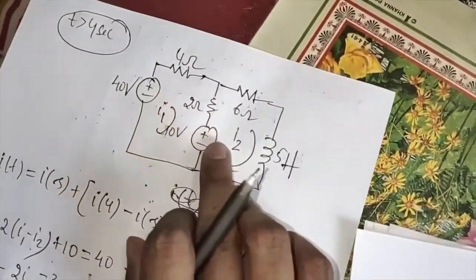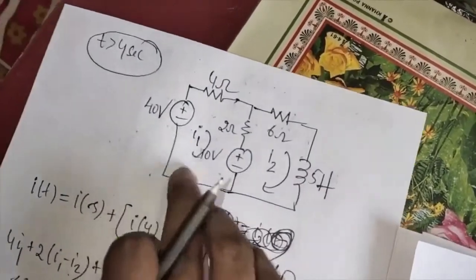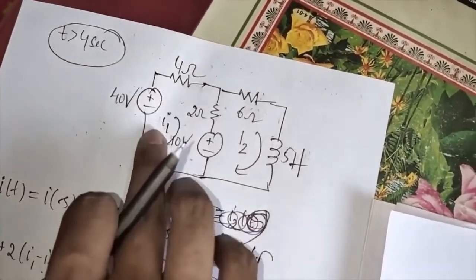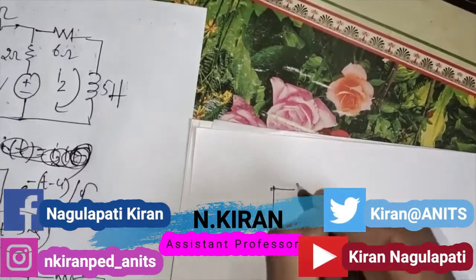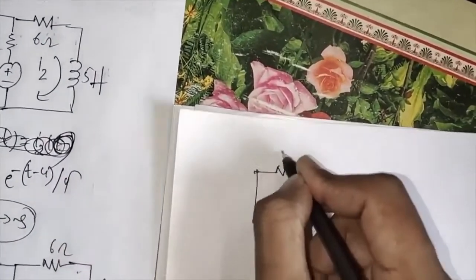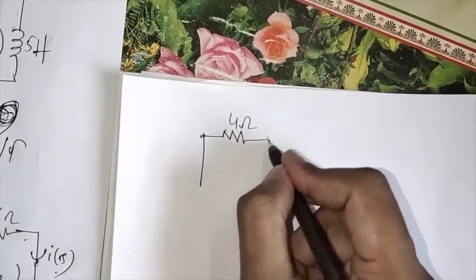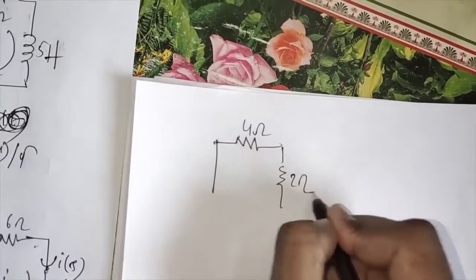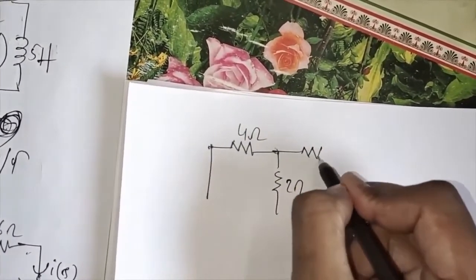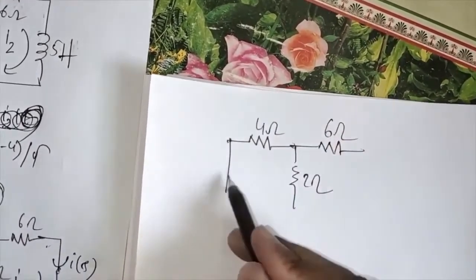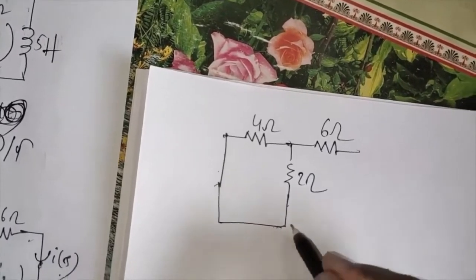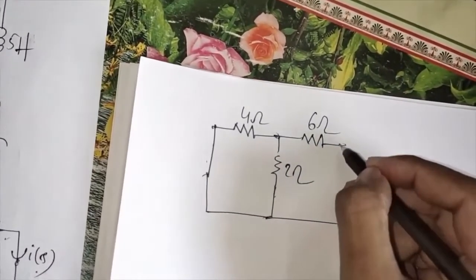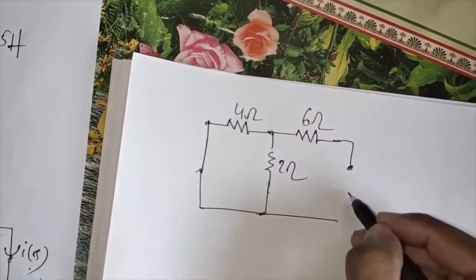So while finding R equivalent, I have to replace the voltage source by a short circuit. So I have a 4 ohm resistor, here I have a 2 ohm resistor, I have a 6 ohm resistor. Here this voltage source I have replaced by a short, here another voltage source I have replaced by a short, and we have to find the value of R equivalent